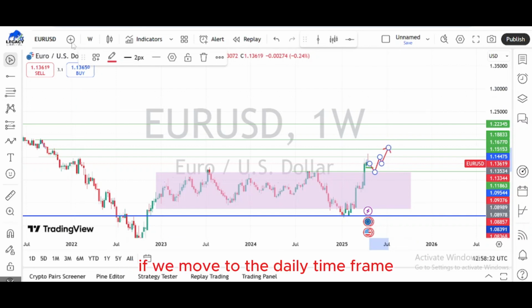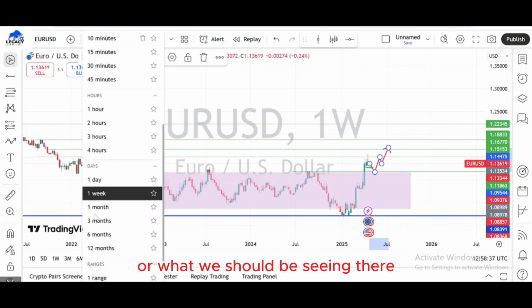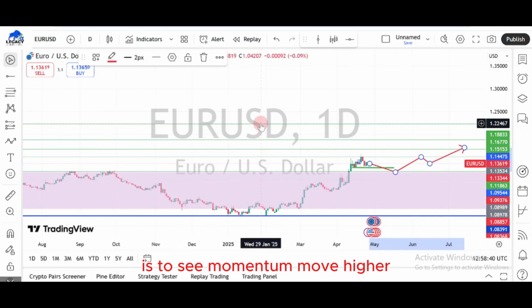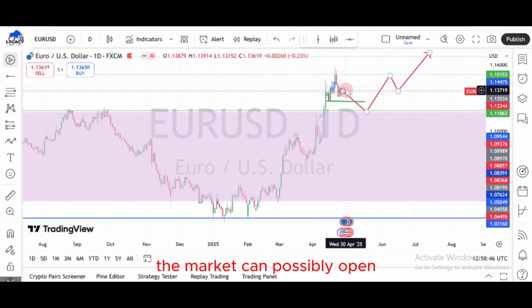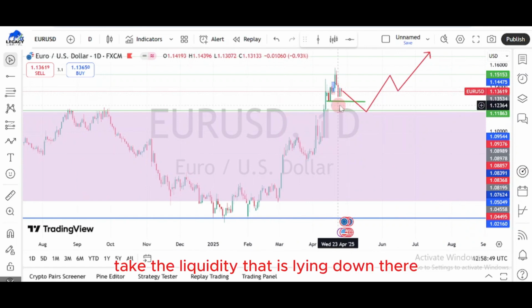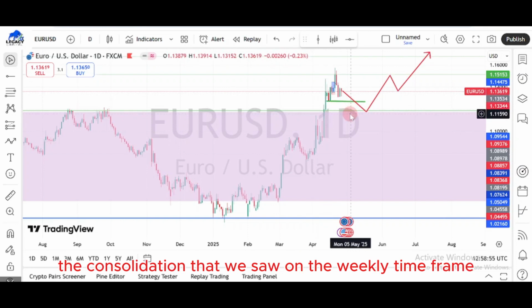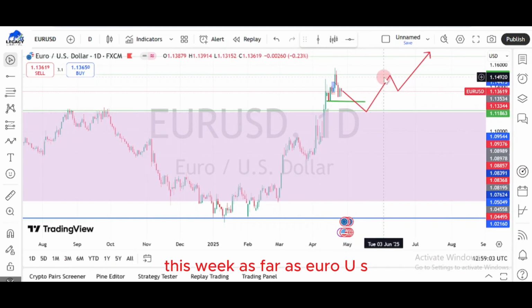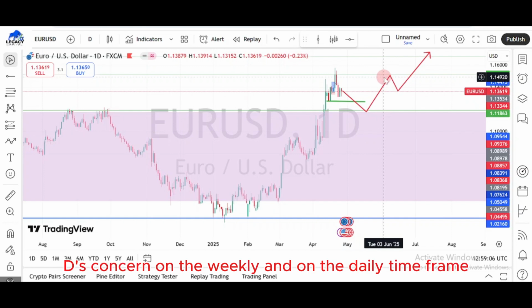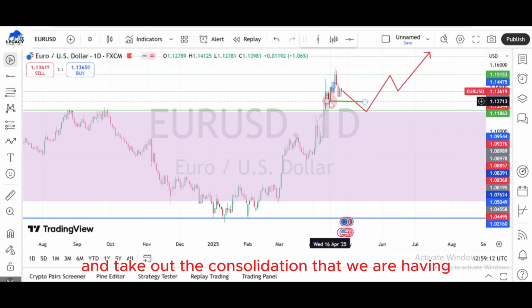If we move to the daily time frame, what we should be expecting to see there is momentum move higher. The market can possibly open, then push out and take the liquidity that is lying down there. In taking out this liquidity, it is doing so with the sole objective of testing the consolidation that we saw on the weekly time frame, and it will push from there. So what we should be expecting to see this week as far as Euro USD is concerned, on the weekly and on the daily time frame, is the market retracing and taking out the consolidation that we are having at the level of